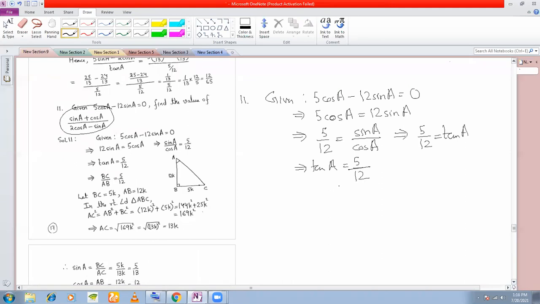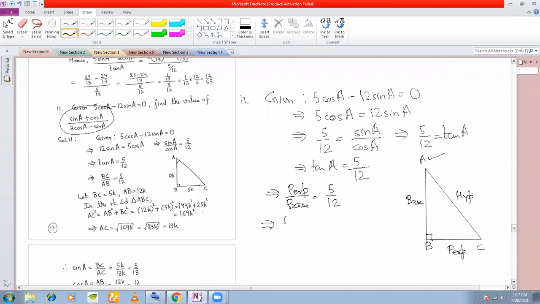So tan A we are getting 5 by 12. Again, you follow the same manner. That is, you draw the right angle triangle ABC. This is 90 degrees. So this becomes your hypotenuse. Since we are talking about this angle here, tan A, this becomes my perpendicular. This becomes my base. So that means tan A is perpendicular by base, which is equal to 5 by 12.